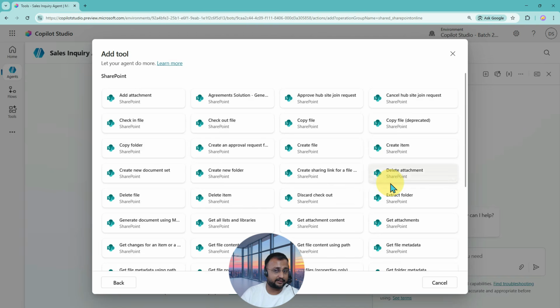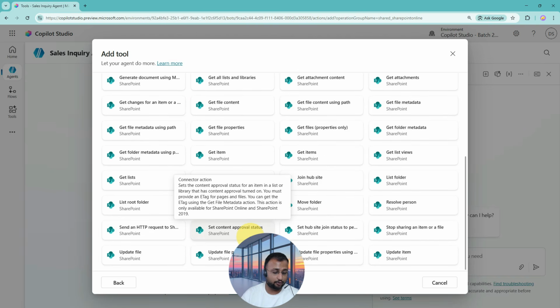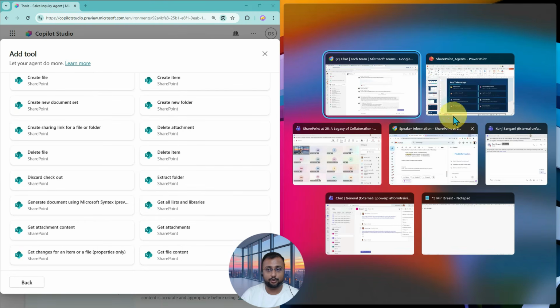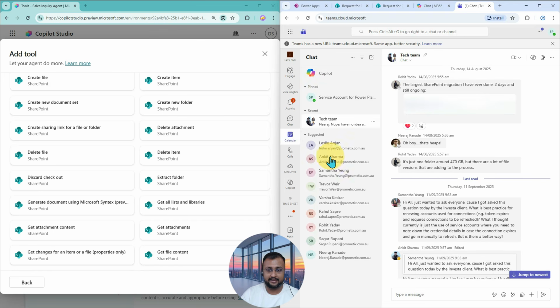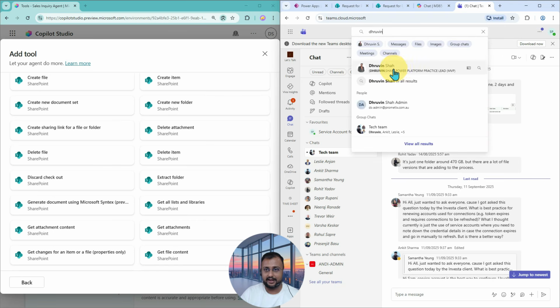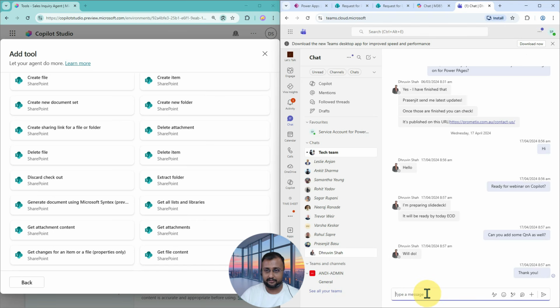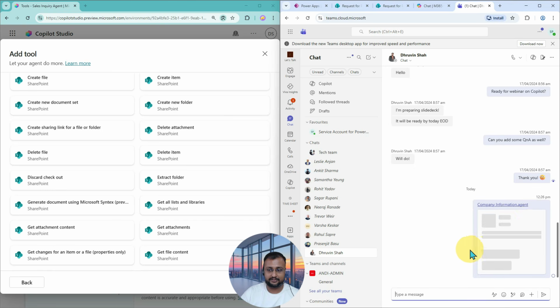And with this SharePoint connector, you can use all these native tools over here with Copilot Studio. So now if we compare both the products side by side, by the time I have opened a certain set of Teams as well. Let me do one thing quickly. I'm searching my name over here and pasting one of the URLs that we just shared with the chat agent. So basically it opens that shared agent for me,